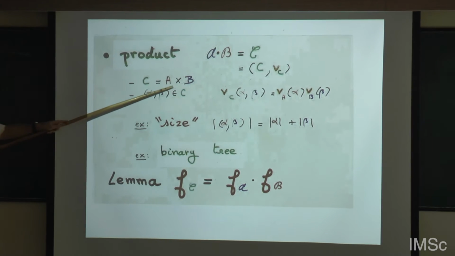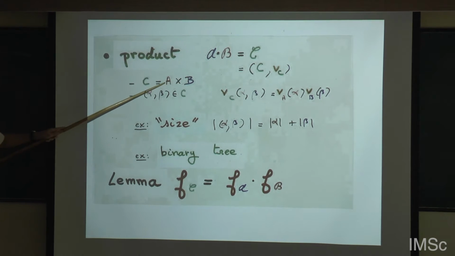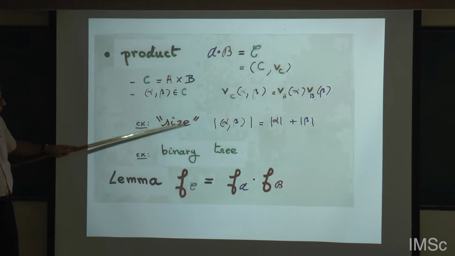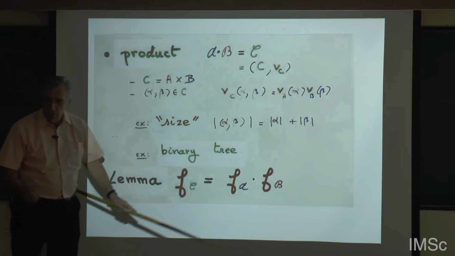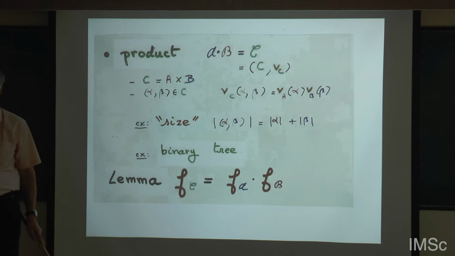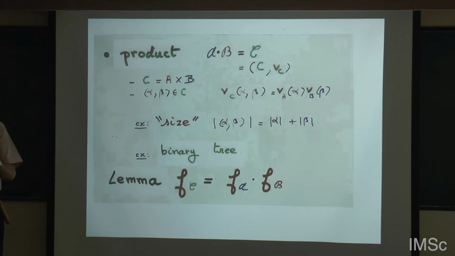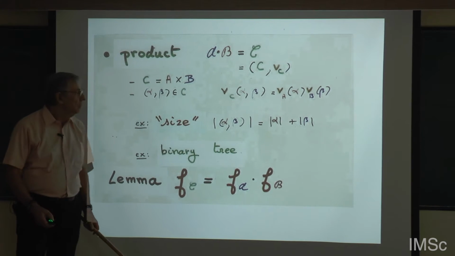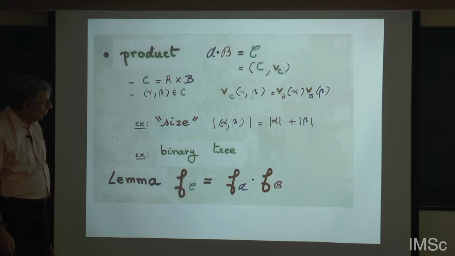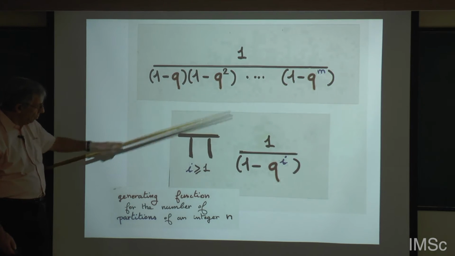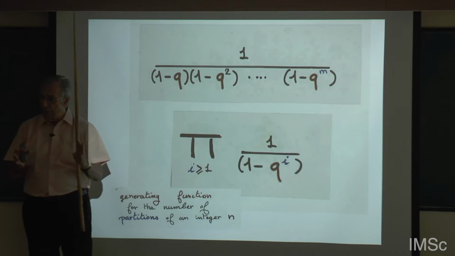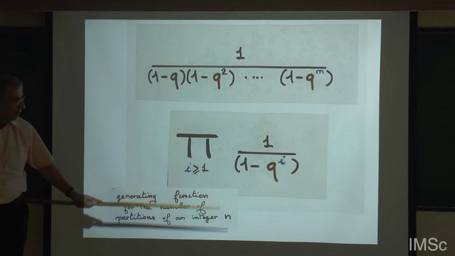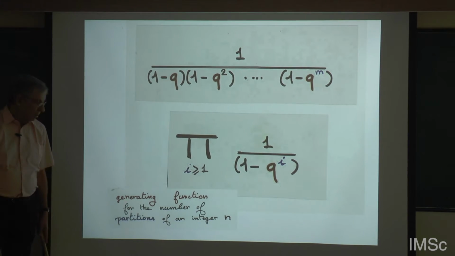So the principle is that if you have 2 combinatorial objects with some weight, then the product is a Cartesian product, and the weight is the product of the weights. Here the weight is q to the power of the number of cells of each rectangle. So the decomposition of the Ferrers diagram into rectangles corresponds to the decomposition of the generating function into a product like this. And this is the generating function of Ferrers diagrams with at most m columns. If I take a general Ferrers diagram, this will give me, in the limit, this infinite product.